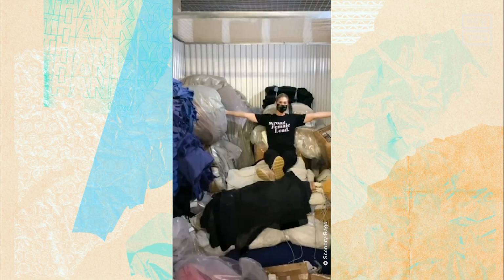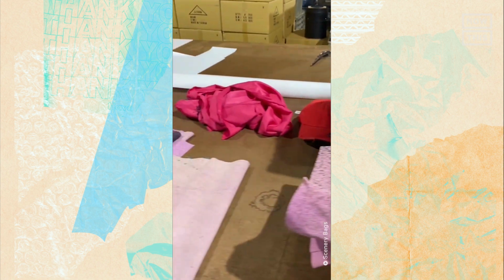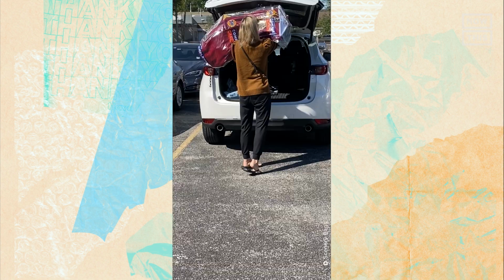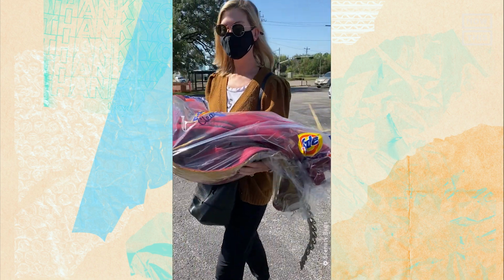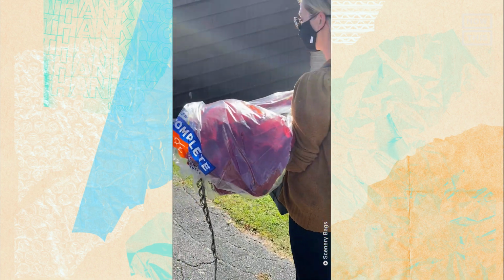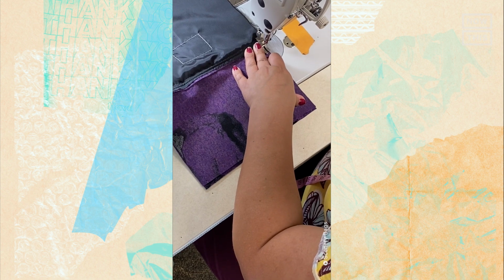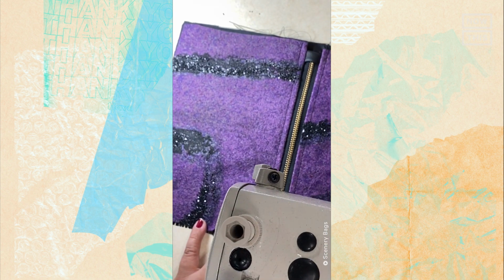Once the items arrive at the facility, they are separated by color and material. Velour backdrops are cut down into the size of a bed sheet and sent to a dry cleaner to get washed. Painted backdrops are cut and then gently hand washed. Once they're clean, the items go into production, where a layer of interfacing is added to make the material more stiff. Next, everything is sewn together with a sewing machine into one of the many bag styles available, such as